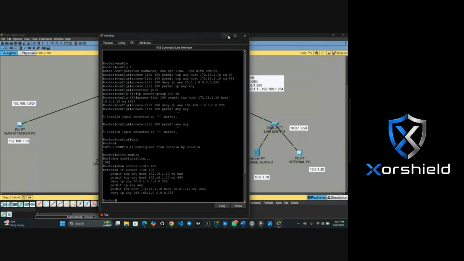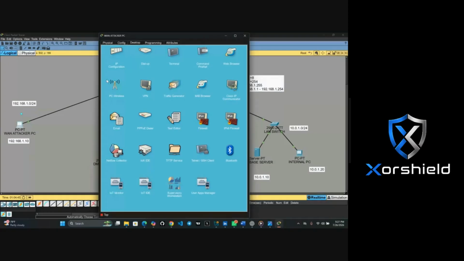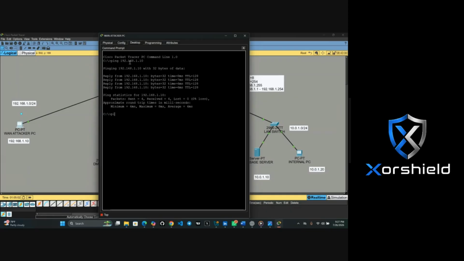So now let's go to command prompt. Let me ping 192.168.1.10. Let me ping 172.16.1.10.